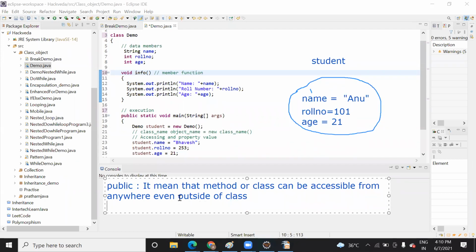And there is private, in the sense when you want to prevent it from being used outside. So when you declare any variable as private, it means that that method or class is accessible within the class itself. When you want to provide security to your variable or your data, at that time you use private. Is it clear? Yeah.